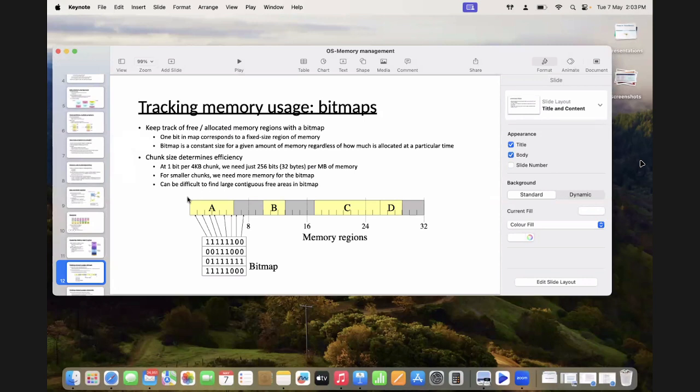So here, whatever is the chunk size, irrespective of the memory, I may have 2 GB of memory or 16 GB of memory, for each chunk there is only 1 bit attached. Suppose my memory is 32 GB and I make a chunk of 1 GB, just as an example. Then I have 32 chunks, so to represent it I need only 32 bits, that's it, right? I don't need more than that.